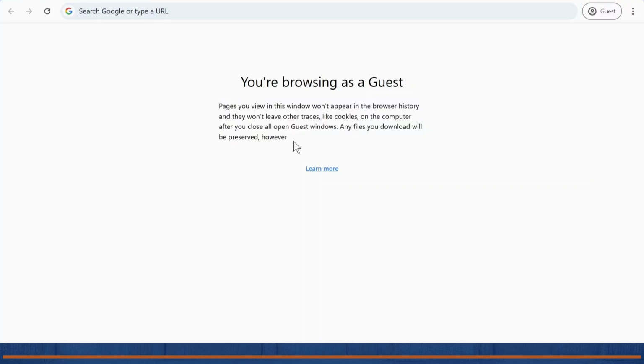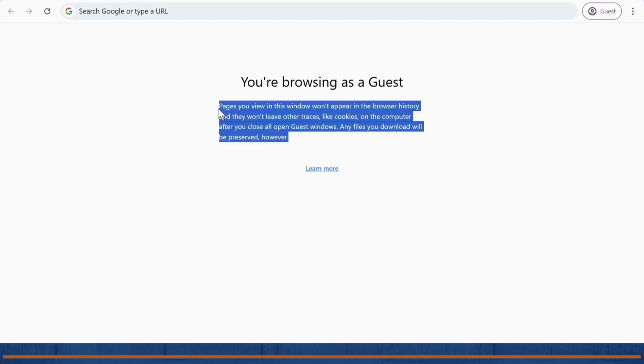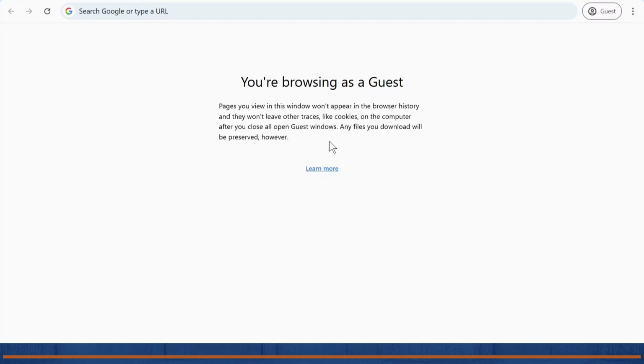So as you can see, guest mode in your Google browser allows you to view anything in your browser, but the history won't get saved, or they won't be able to leave traces or track or even leave cookies on your computer after you close this guest. So if anyone else is using your computer, you can actually give them this guest browser. But if you don't want this guest and you want to disable it, what you do is you actually open